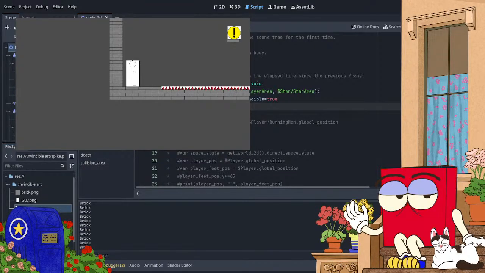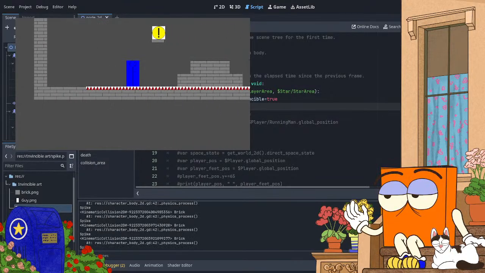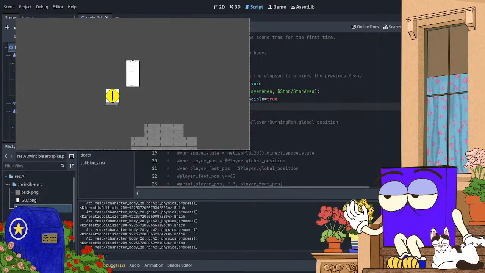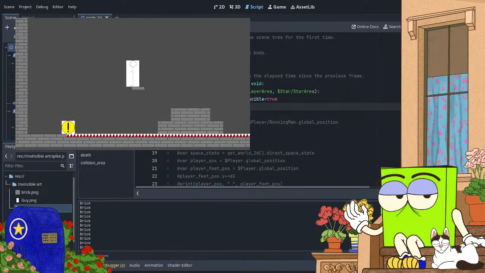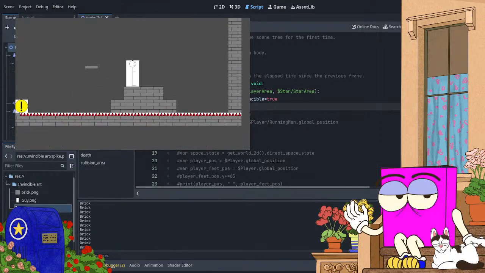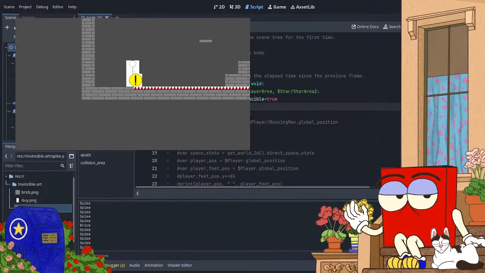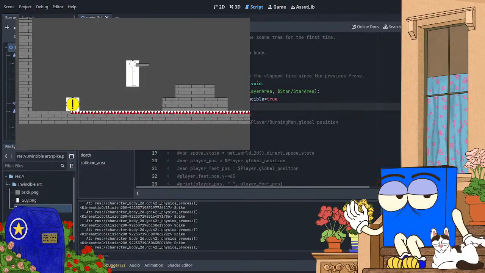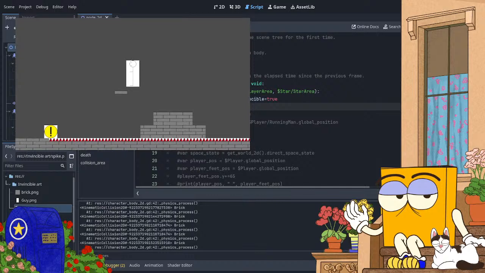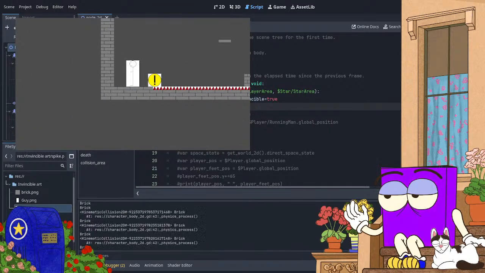Okay. Jokingly crying aside, it's all coming together. That wasn't right, but